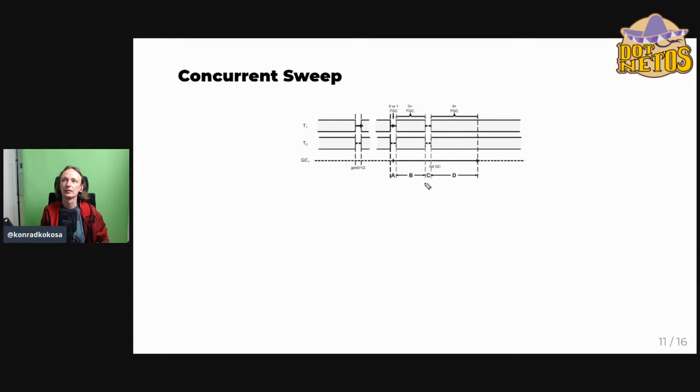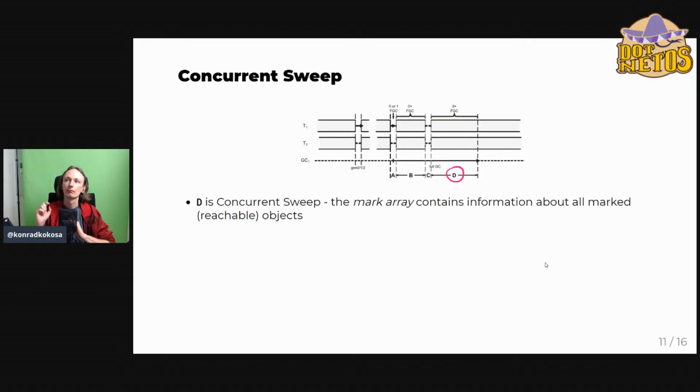Then we have this last stop-the-world phase to make the final decision what is really reachable or not. And then the D kicks in, which is our concurrent sweep. This is the part that we are interested in today. Concurrent sweep. Yes, covered today. And as I said, after the C, the mark array contains information what is really reachable,